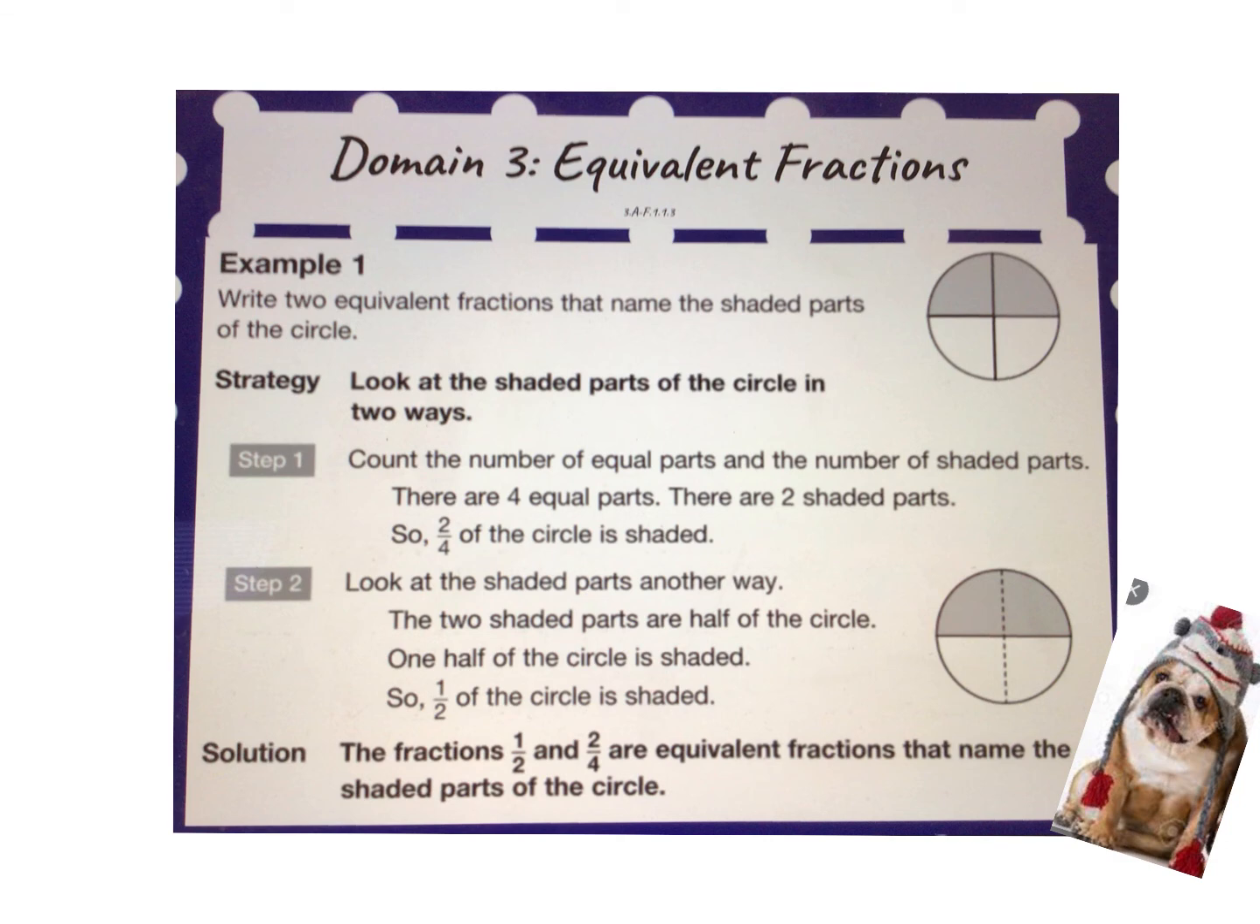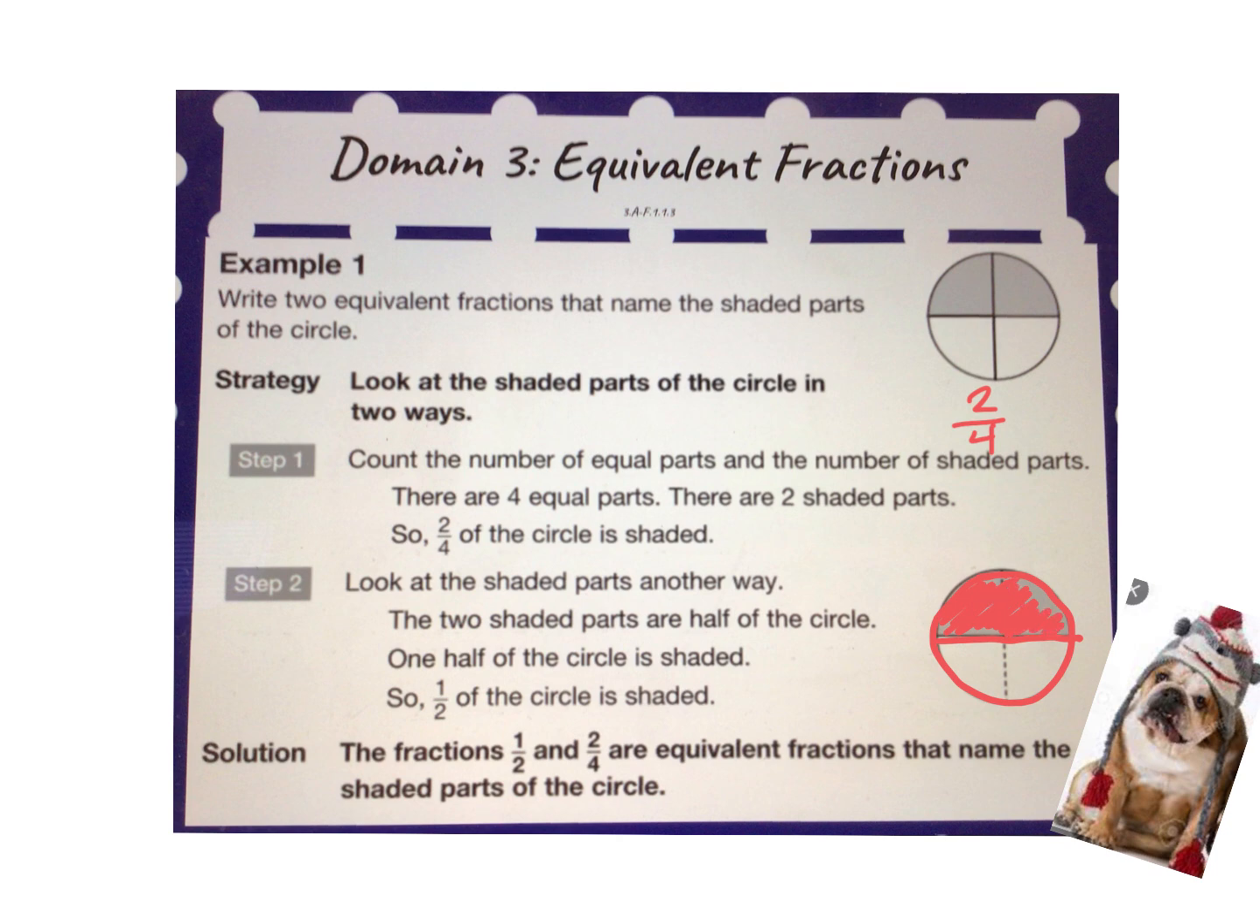All right, so we can count the number of equal parts and the number of shaded parts. We're trying to find 2 equivalent fractions that name the shaded parts of the circle. So that's what we're going to be working on today, looking at pictures. So over here, we can see that we have 2/4 of this circle that's shaded in. And so if we erase this middle line and we now divide the same circle into only half, and we shade the same part,